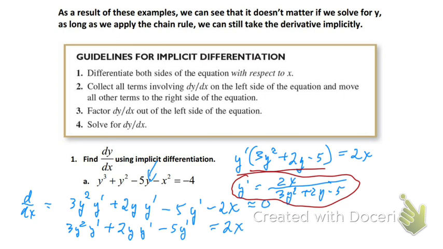Now you might be going, well, we don't know what y is. No, we don't. That's why this is implicit. If they had explicitly told us what y equaled, we could have done it the way we've been doing it. If they mention to us that y is 3x, all we've got to do is plug that in. And that y squared would be 3x squared. Or what if they said, at a certain point, what's the slope of that thing? Because that thing's going to have a slope. If they said at,